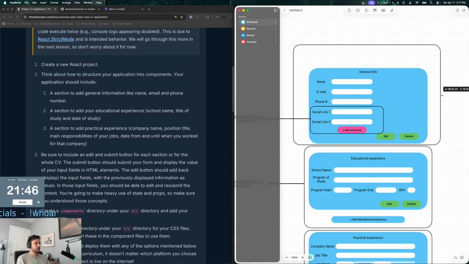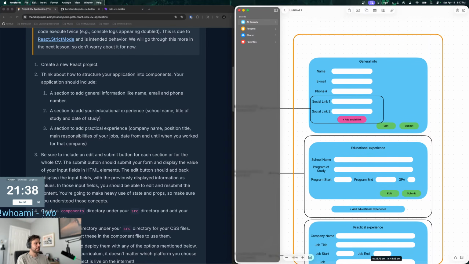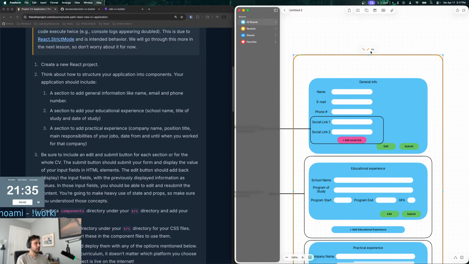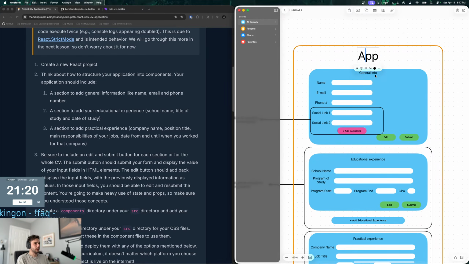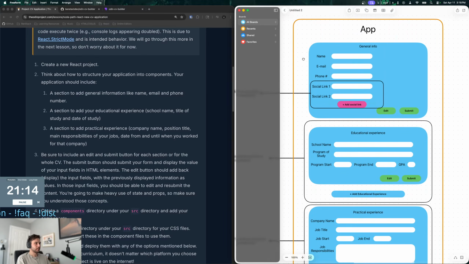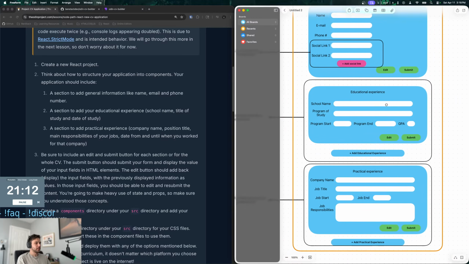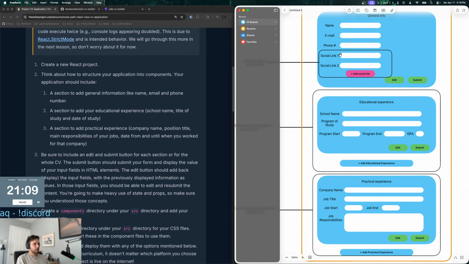I'm gonna make this a little thicker of an outline. So maybe make it a 4-point and an orange. And then this will be our app, right? Make this a little bigger. Oops. There. Maybe that's a little big. Okay, hold on, let's fix that. There we go. So I think this is pretty good as a starting point. We can modify this if needed, but I think this is a good starting point. So I'll say CV builder app.